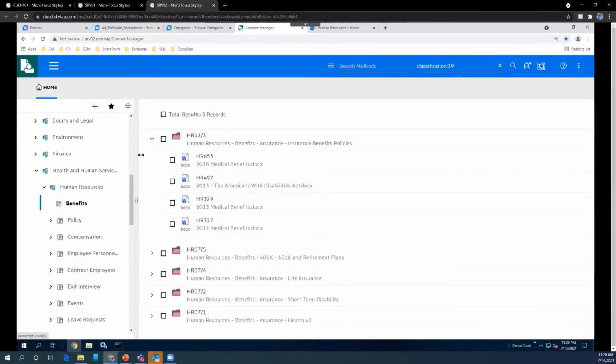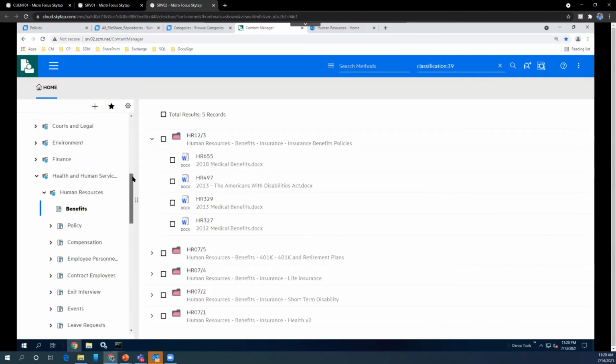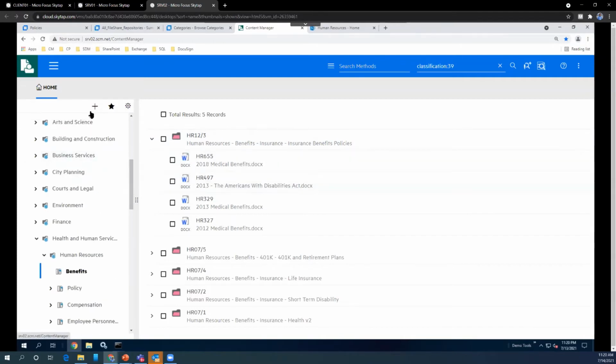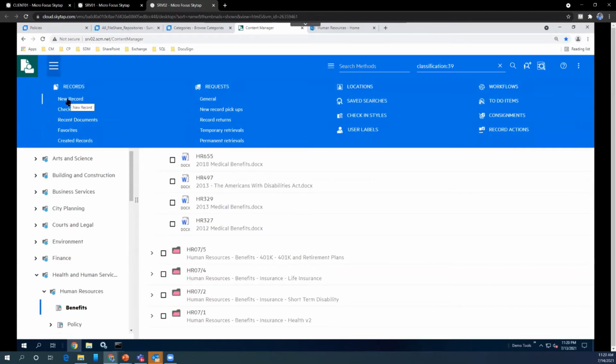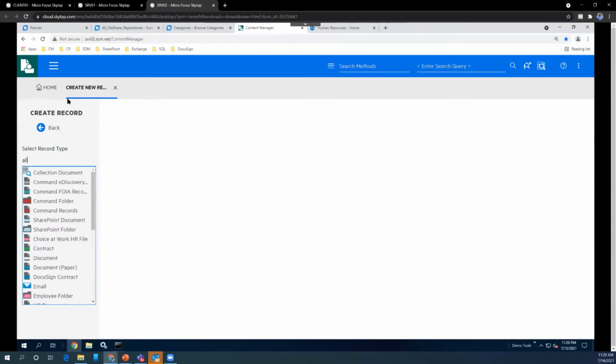So how do I enter the record or the content into Content Manager? Let's say I want to create a new record. There are multiple ways to ingest data into Content Manager. One of the ways is that you can create a record. When you say you want to create a new record, you will get all these types of records defined.